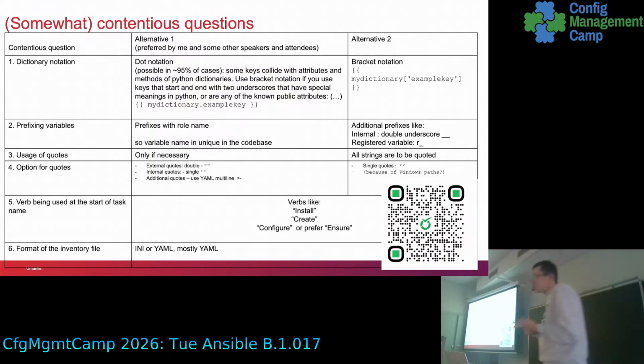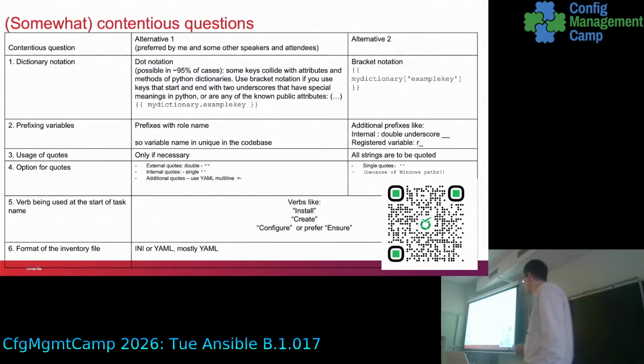So quotes: in other style guides I have seen a lot of quotes where those are not strictly necessary, and I think that they are not necessary, unless, of course, you deal with something that requires the quotes. And in case you start with quotes and you don't have special reasons, maybe you would start with double quotes as the external ones, and inside of them maybe you will live with single ones. And in case it's not enough, maybe you will end up with YAML